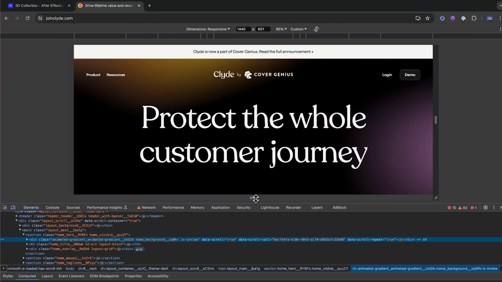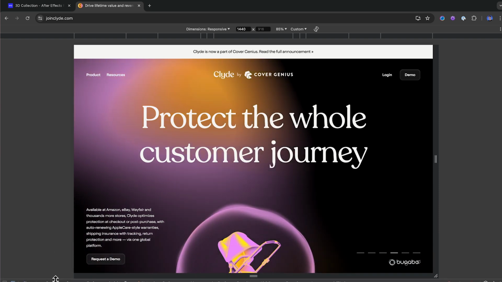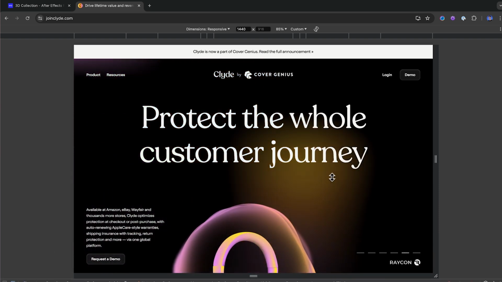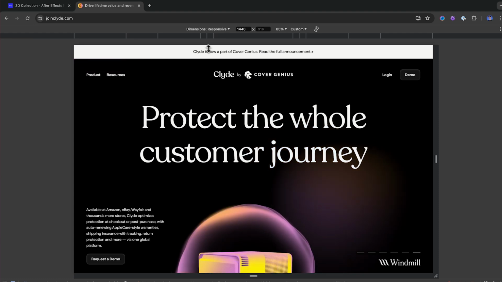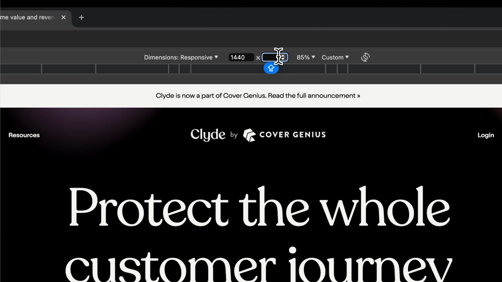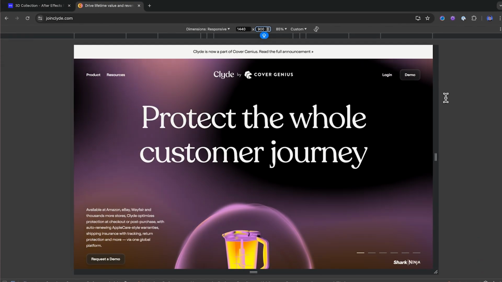So what we're going to do is just drop down this bottom panel to clear some space. The reason why we're actually using this place to do the screen recording is because we can specify our dimensions here. We want to have 1440 by 900. Once we have that, we have the ideal canvas to make our screen recording so that it will fit inside